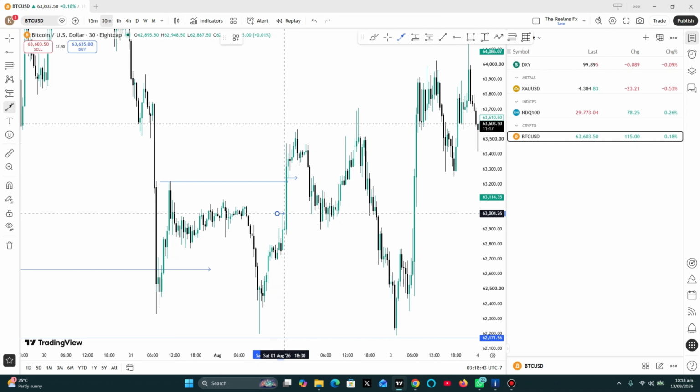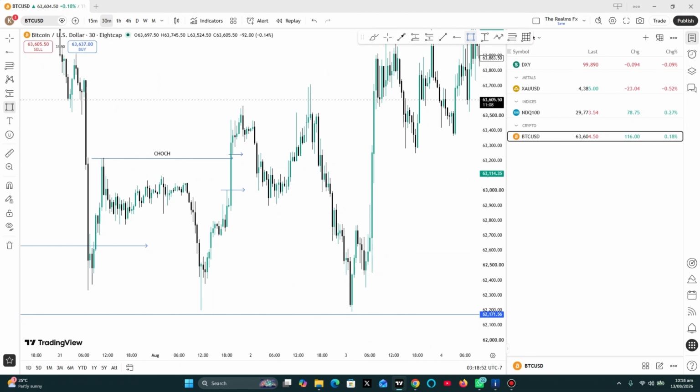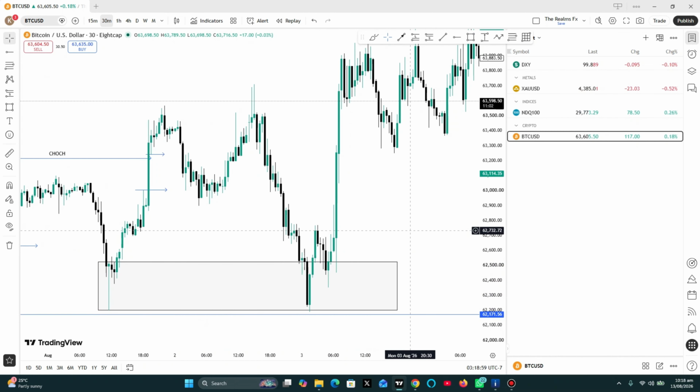And let's put it here. So after the break, I'll label this place as my change of character or break of market structure, whatever. Then I will draw my order block zone. So once the order block zone has been drawn, you can see that price took some time before selling into